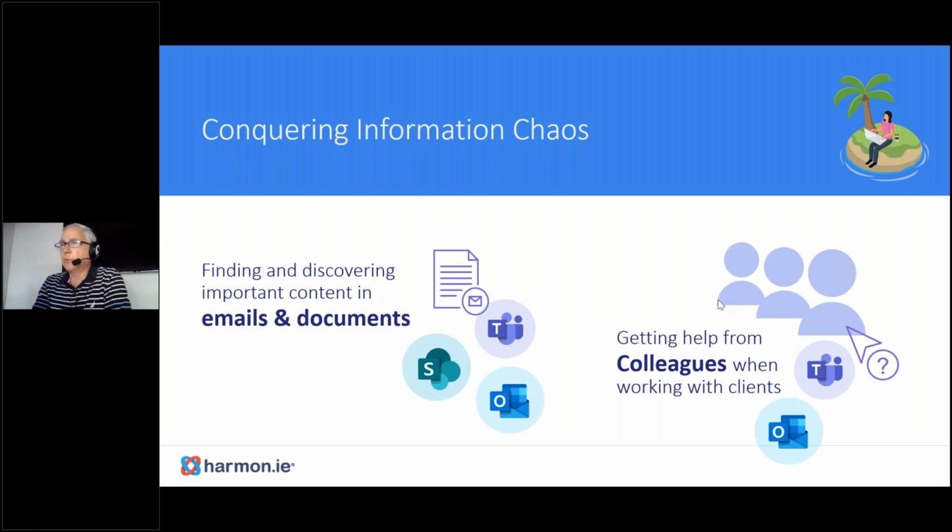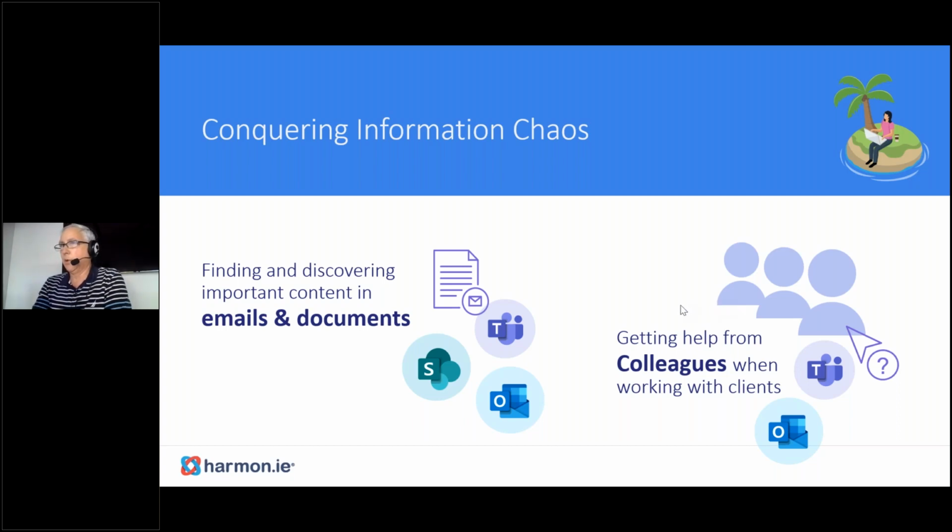Email information now is spread across SharePoint, Teams, and Outlook, some of it internal, some of it external. If you have information that needs to be retained, finding that information now has become a bigger problem than it was before. Secondly, when you're working remote and you want to get help from colleagues, again, sometimes you're emailing them, sometimes you're working in Teams. Where is that conversation? Where is the information? How do you put the pieces together so that instead of people spending the day looking for information, they can focus on doing work